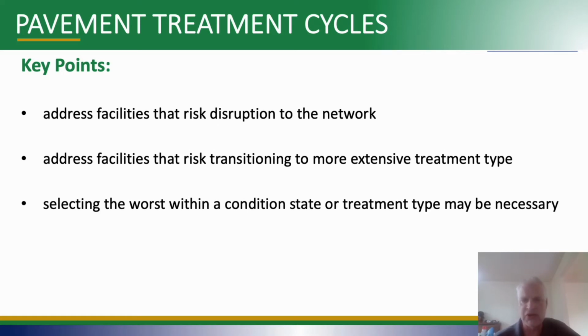Other things that you can use to prioritize, consider risk. Without getting into a big definition of what risk is, you don't want to have the roads that carry more traffic fail, because if one fails, it disrupts the service level of the whole network. And then you also maybe take a look at which ones are the ones you better do now, or else it's going to fail, and that would no longer be a suitable treatment.